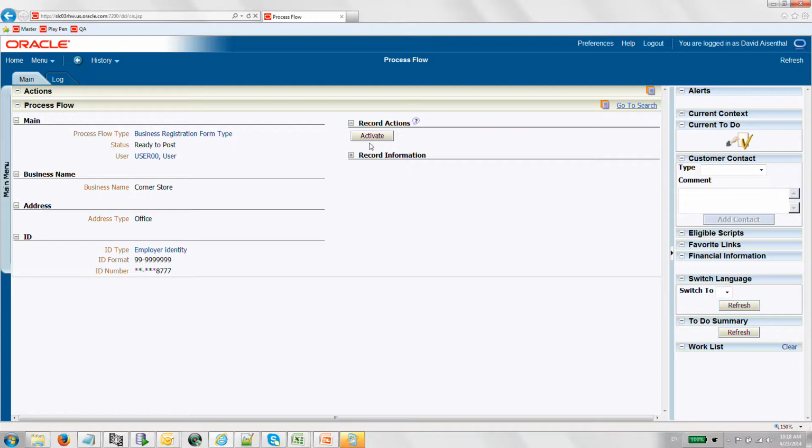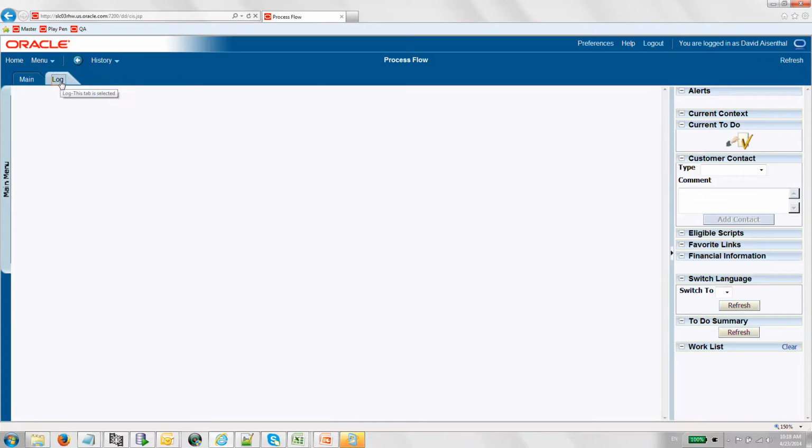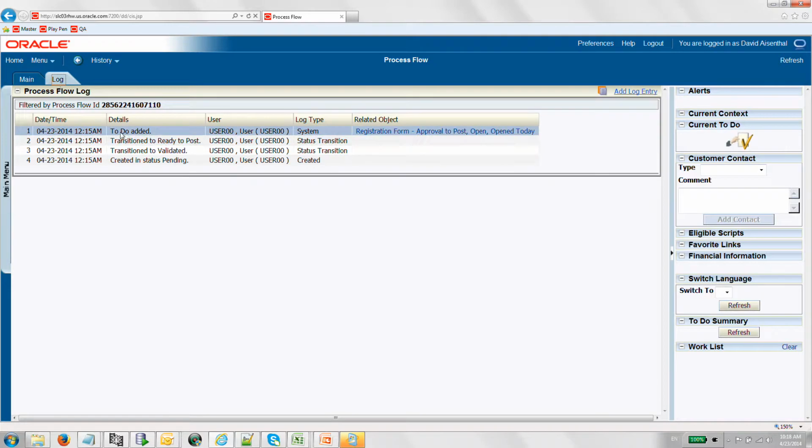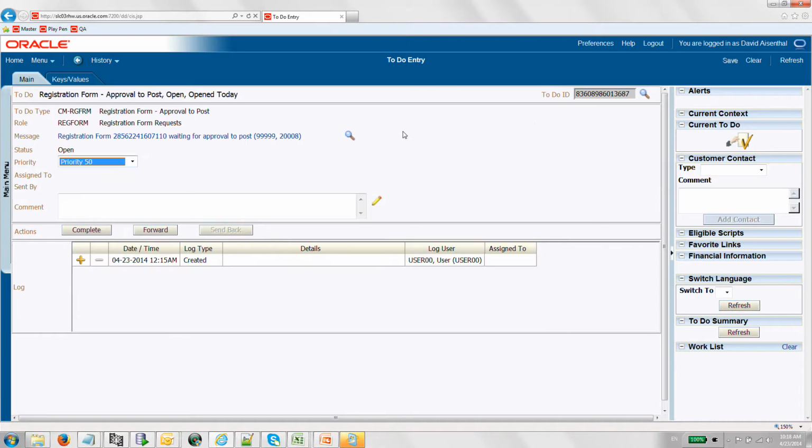Now the interesting thing is that in order to inform the users that there is a registration form that needs to be activated, at the point when we did the validation, we created, and this is something else new that we did, a to-do. Okay, a to-do was created, and from the log, there is a log entry in the process flow which points to the to-do, and the to-do has a message saying this particular registration form is waiting for approval,